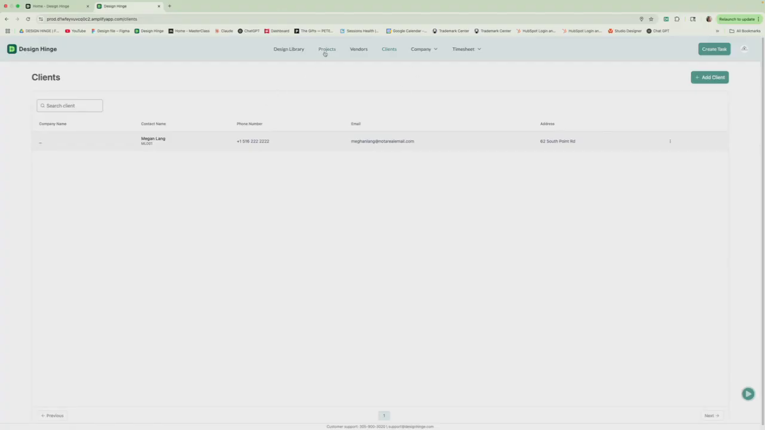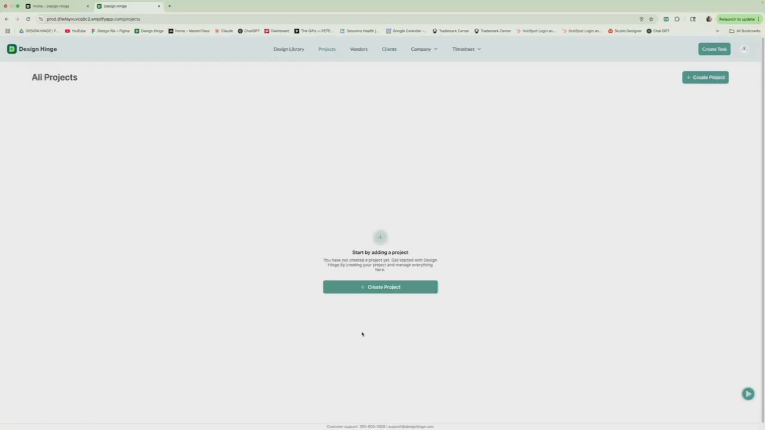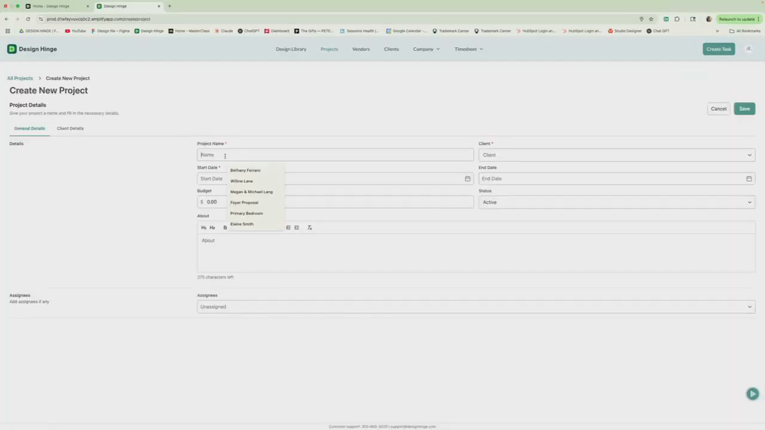Now, I'm going to go ahead and set up Megan's project. We're going to come here, and because I don't have any projects here yet, there's no list. I'm going to hit create project, and I'm going to name this project Willow Lane. I'm going to choose my client here,